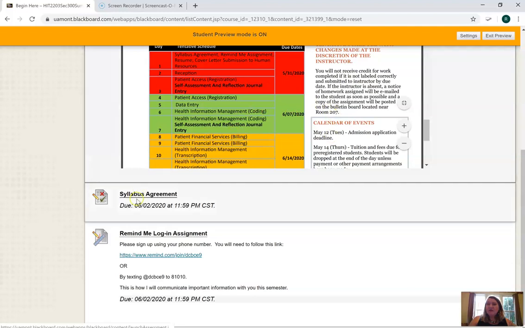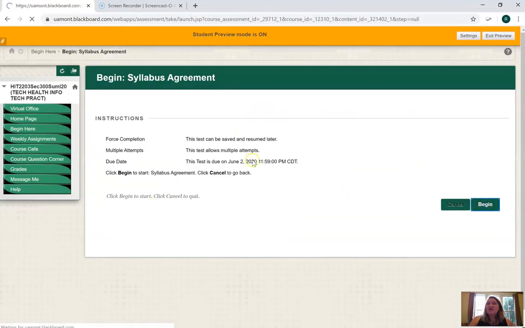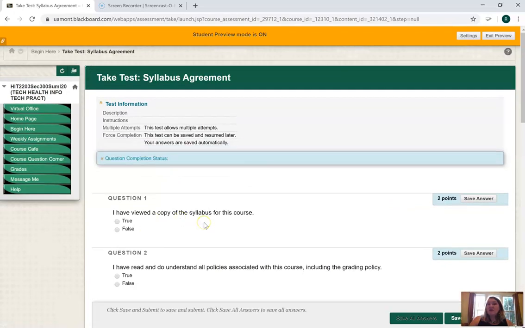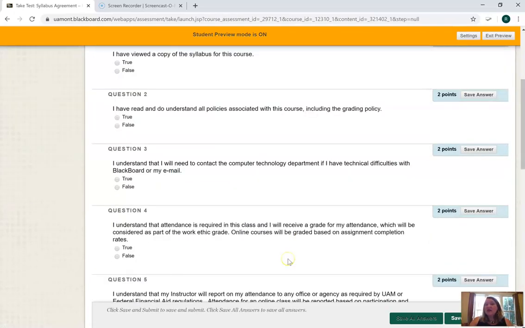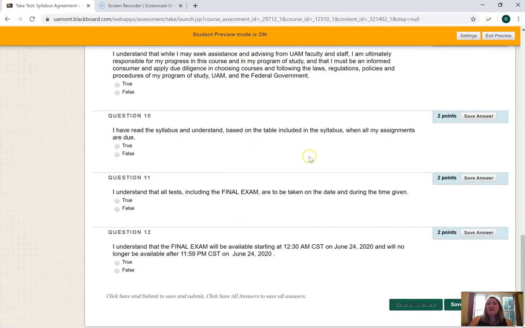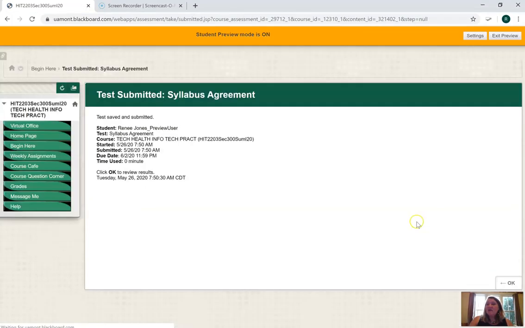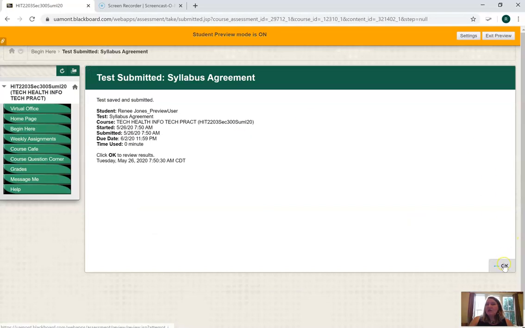After you've read the syllabus, you'll go into the syllabus agreement. You'll just answer questions. I've got a copy of the syllabus. I've read over the different policies. I know how to contact my instructor, and I know when the final is going to be. Then you'll need to save and submit and hit OK. After you have done that, you'll need to come over here and hit OK again.